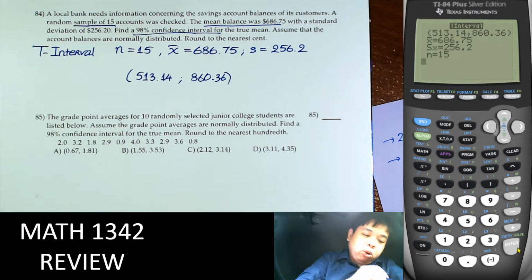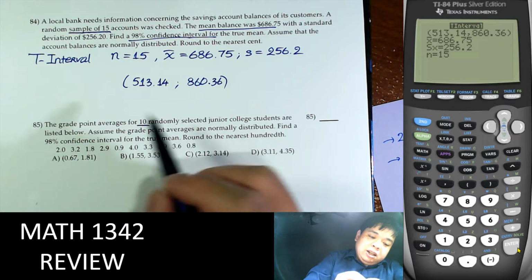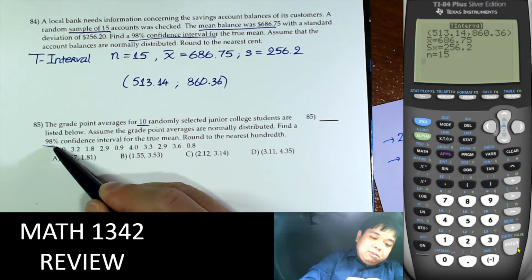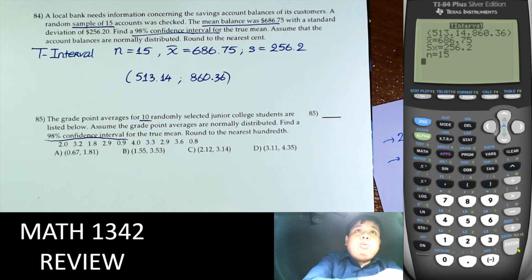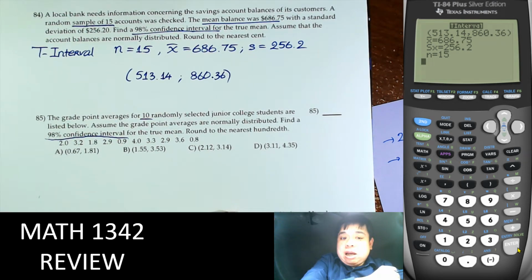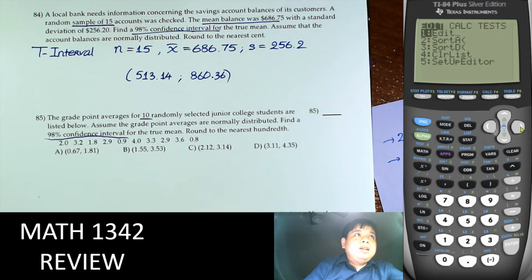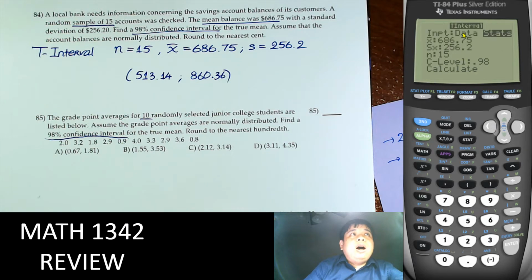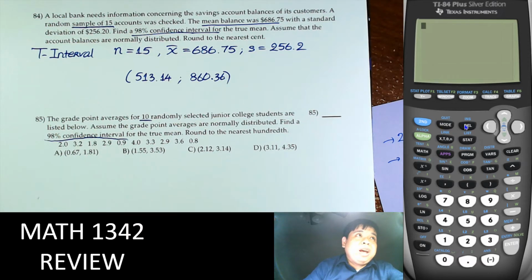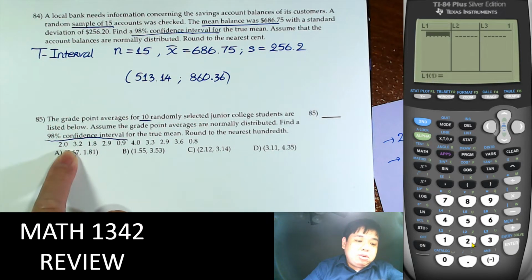Next, the grade point average of 10. So we have 10. We are given here, find a 98% confidence interval. In this problem, we are not given the information of the sample. We are given the raw data. So if we use stat and t interval, we should choose data. But before that, we have to enter this number into a list so we can use it. So stat, edit, I'll enter those numbers: 2, 3.2,